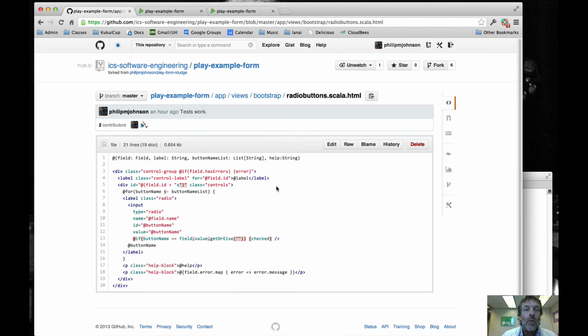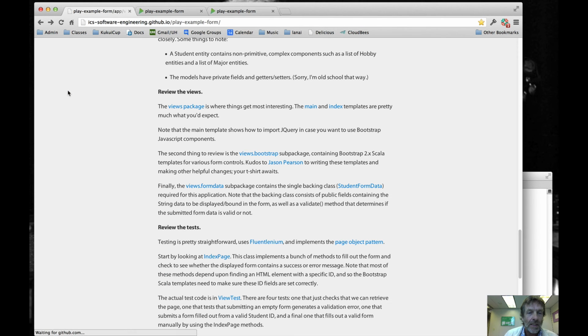And again, the other nice thing about these templates, thanks to Jason, is that they are not specific to this particular application. There's nothing about students or anything in here. So this is a directory of code that you should hopefully be able to take and use for your own Bootstrap display if you're trying to do things like radio buttons, checklists, and so forth. Okay, so let's go back to here,